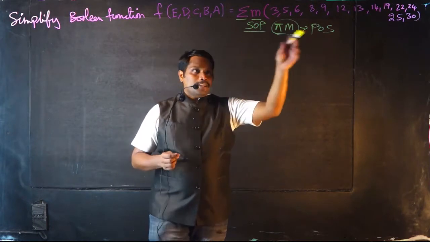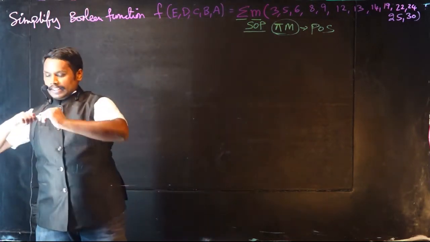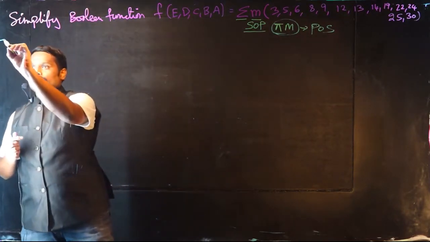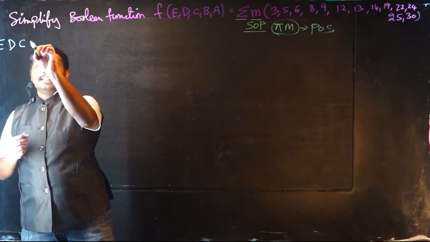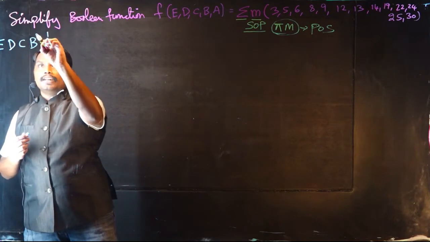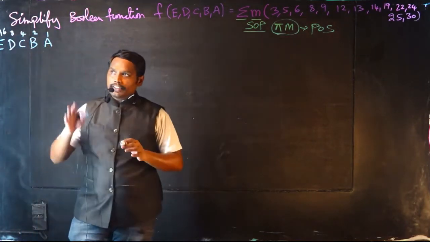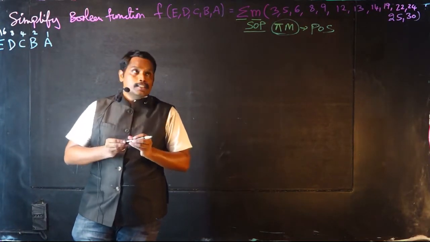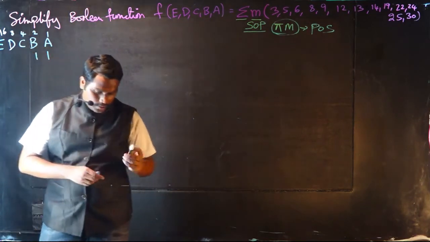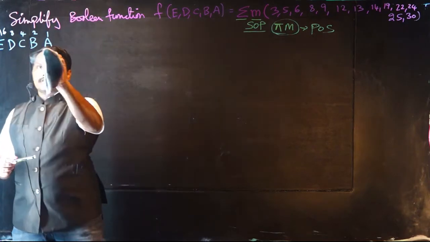So now for these min terms, you have to have a binary representation, right? For 3, I think this is a 5 variable Karnaugh map. So you can see that this is E, D, C, B, A, and the representation is something like 1, 2, 4, 8 and 16, right? So this is a binary representation for a 5 variable map. So for min term 3 you're going to have 1, 1 followed by all zeros.